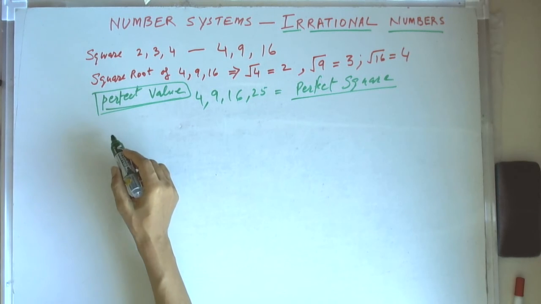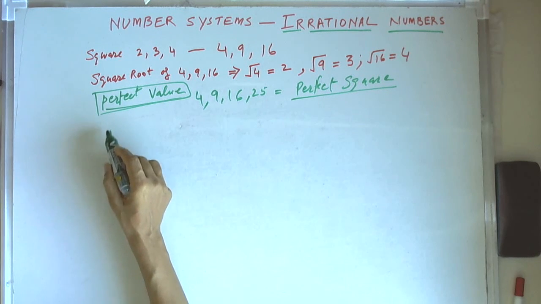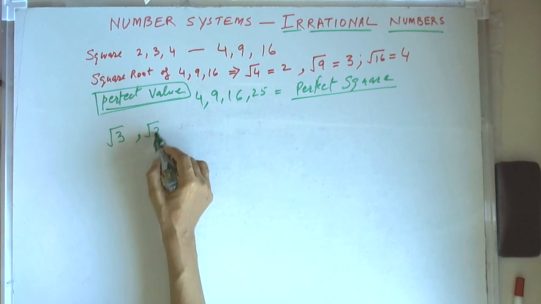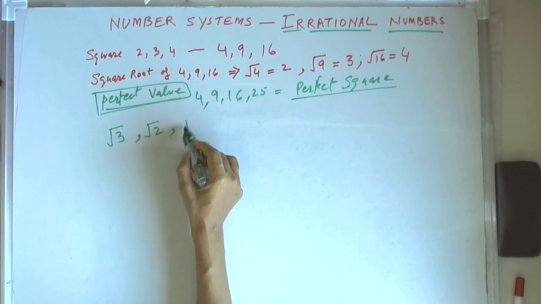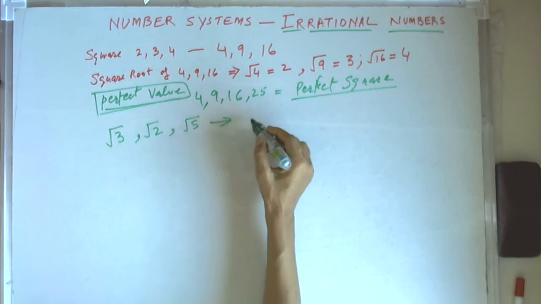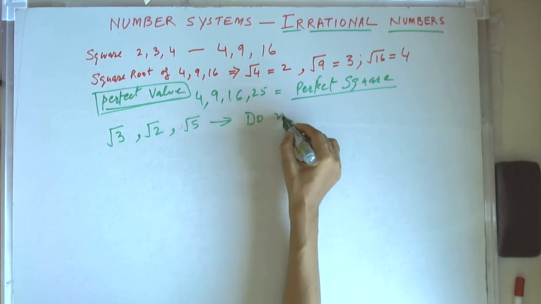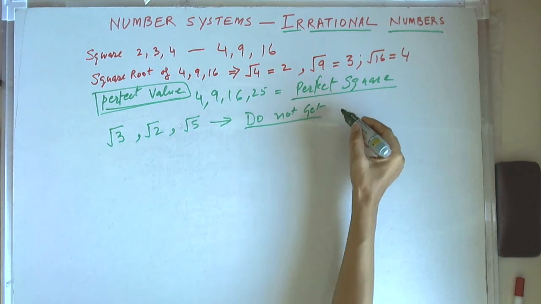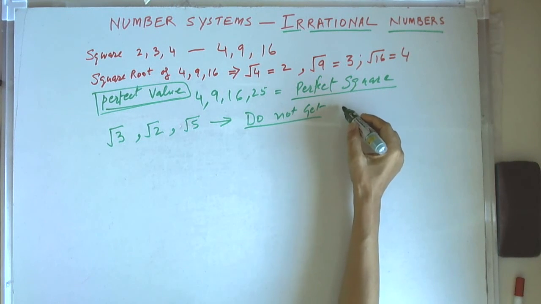But imagine if we want to calculate the square root of 3 or square root of 2 or square root of 5, then we do not get a perfect